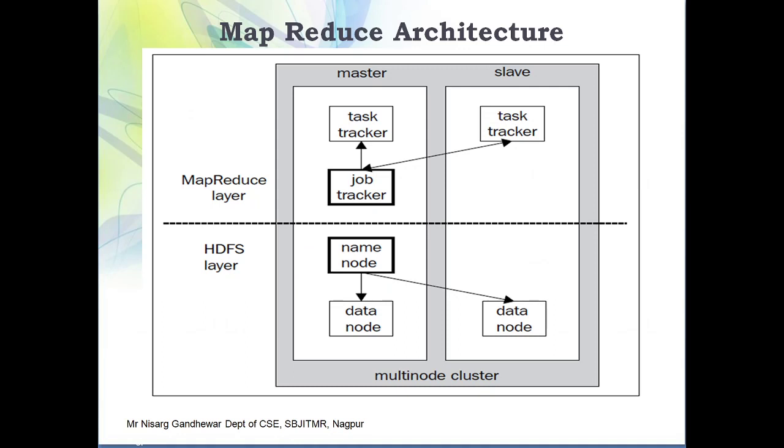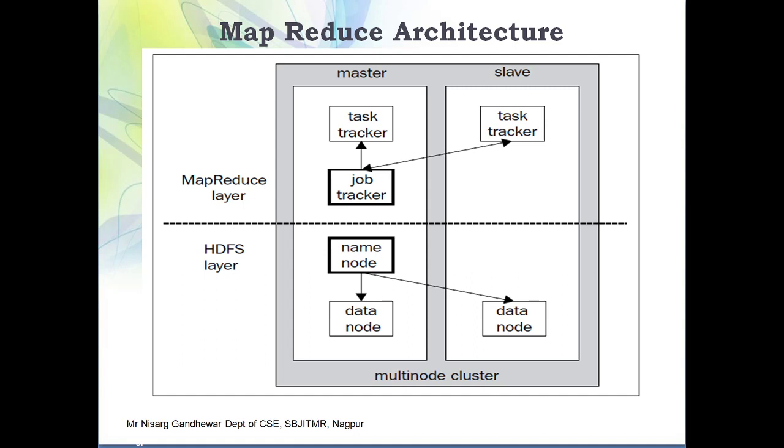Now the MapReduce architecture. What is the architecture of MapReduce? Here we have seen that MapReduce is used on top of the HDFS layer, because initially we have the HDFS layer where we discussed two important things. One is the name node and the second one is the data node. The name node is present at the master node and takes care of how to split the file and within how many nodes we have to keep each sub file. That will be decided by the name node.